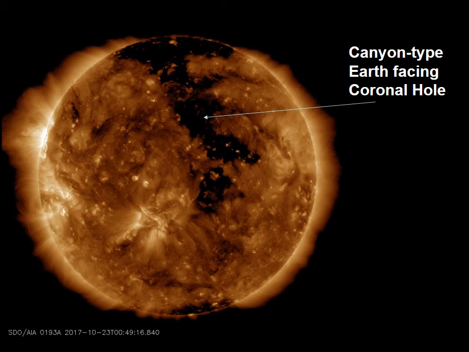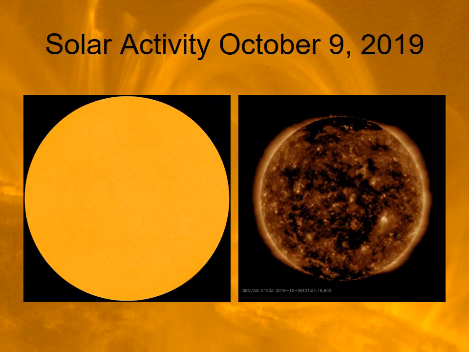When there's a coronal hole, we talked about coronal holes before, here's a coronal hole facing towards Earth right there. That coronal hole allows more solar wind to come out. It also means that if there were a flare directly under that coronal hole, you would get a massive blast of high energy radiation coming straight at Earth. You might get a little less coronal mass ejection that way, but you'd get a whole lot of radiation. Again, there was low activity last fall, but don't expect it to stay low activity forever.